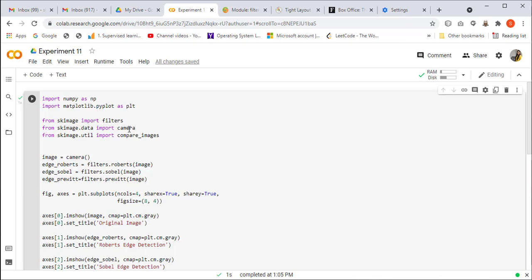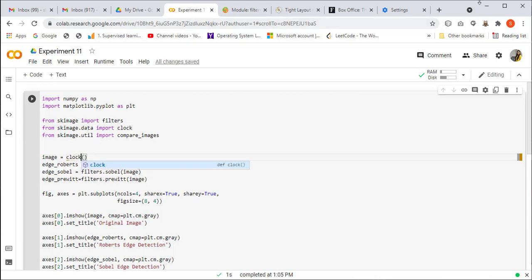You can check it for different images. Since here it is camera, I have taken camera. I'll share one more link with you where you can see the different test images that are available. You can also change it to, let's say, clock. When I say import clock, do change it here as well, to clock.